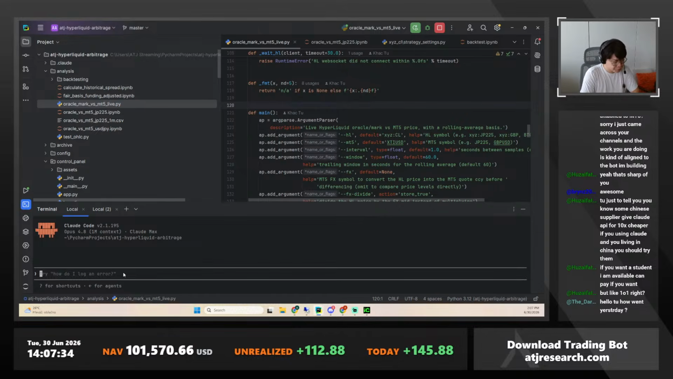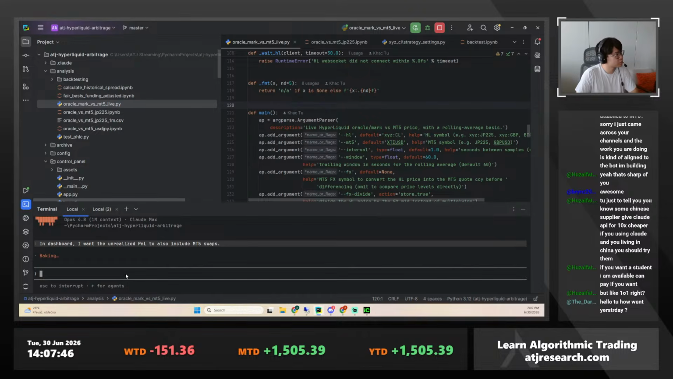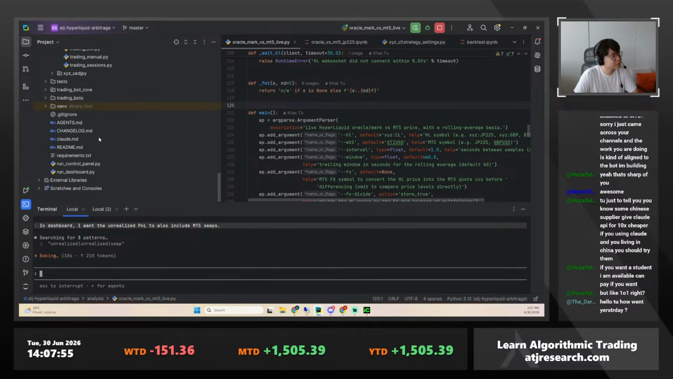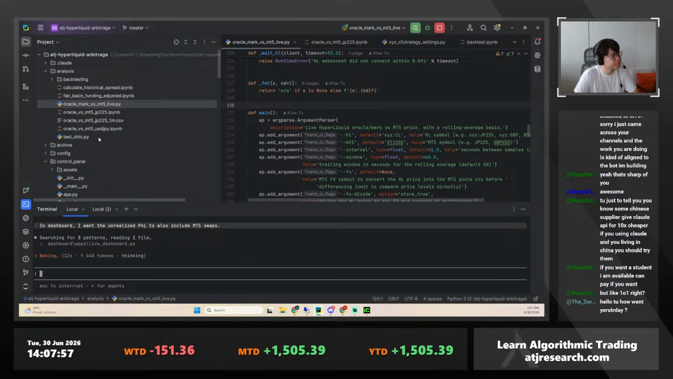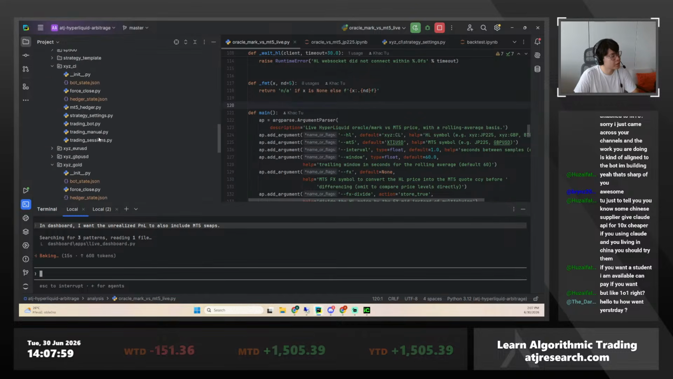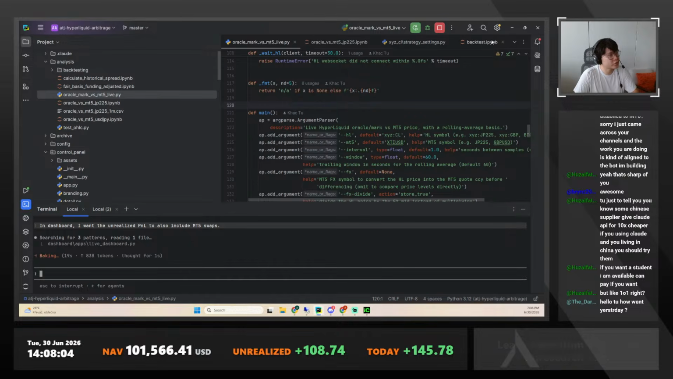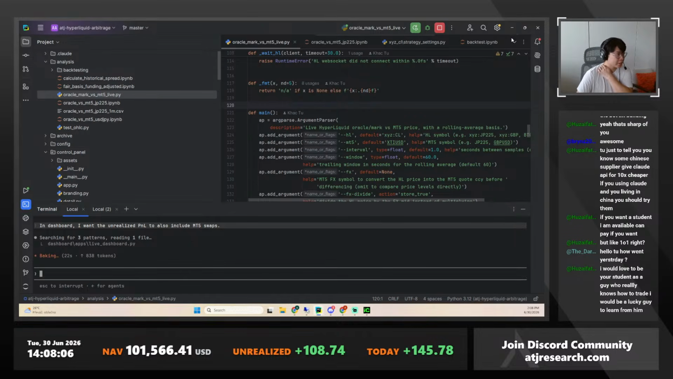That's why I'm going to try to fix one bug. In the dashboard, I want the unrealized P&L to also include MT5 swaps. So I'm going to make a small adjustment in the swaps, and then this week we also need to try to run some strategies where we can